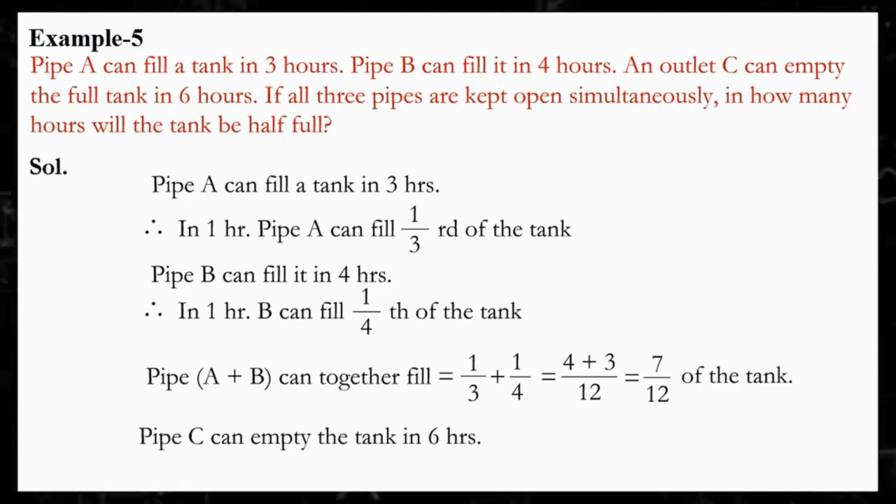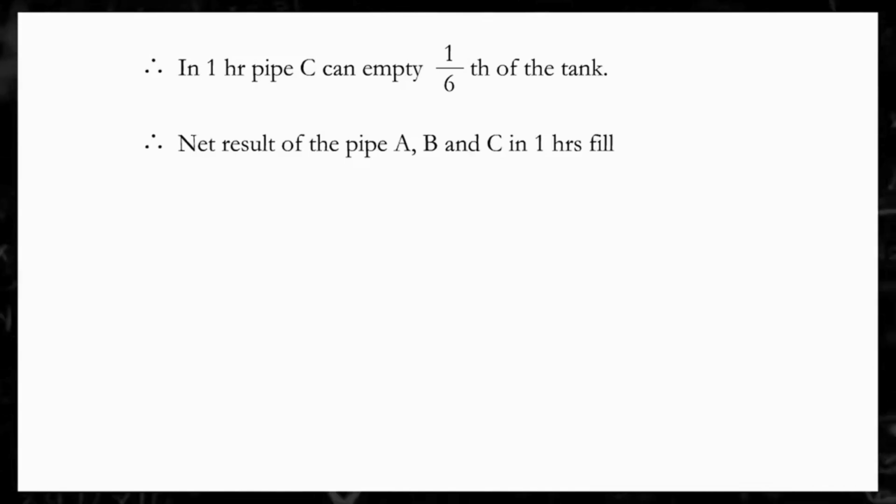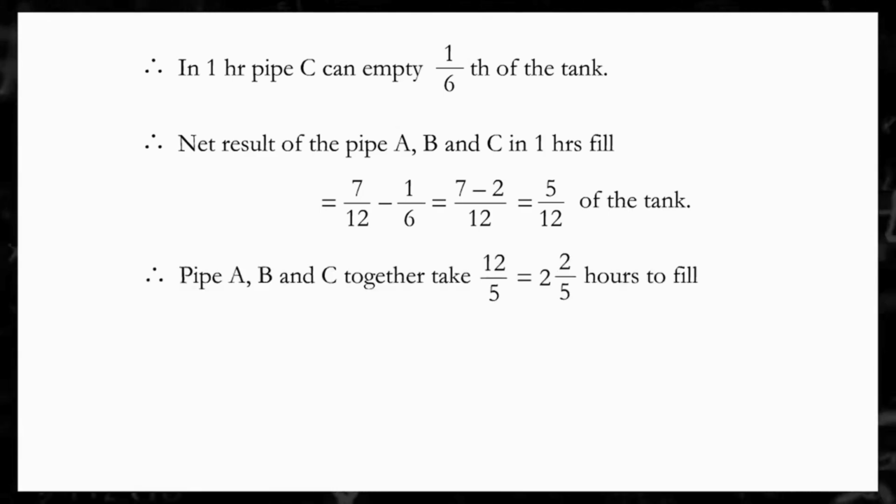Now pipe C can empty the tank in 6 hours. Therefore, in 1 hour, pipe C can empty 1/6 of the tank. Therefore, the net result of pipes A, B and C in 1 hour is 7/12 minus 1/6, which is equal to (7 minus 2)/12, which is equal to 5/12 of the tank. Therefore, pipes A, B and C together take 12/5, which is equal to 2 and 2/5